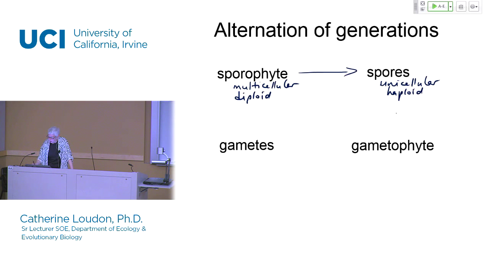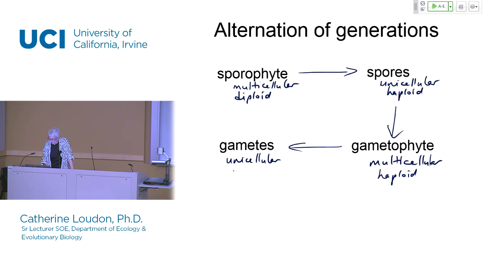They undergo cell division to form a multicellular form, which is haploid, and the gametophyte then produces gametes, which are also unicellular and haploid. Gametes then fuse to form a diploid sporophyte. Okay, so if you can just wrap your mind around this pattern, then this will make learning the land plants